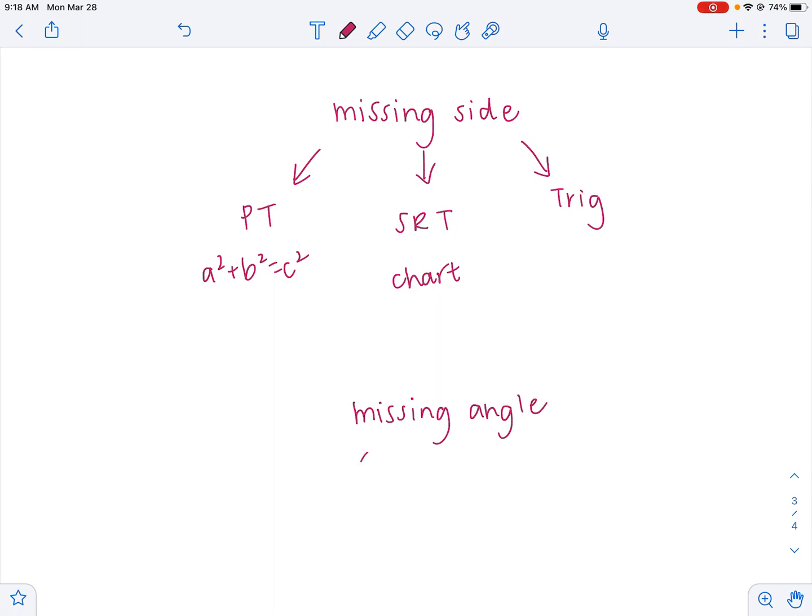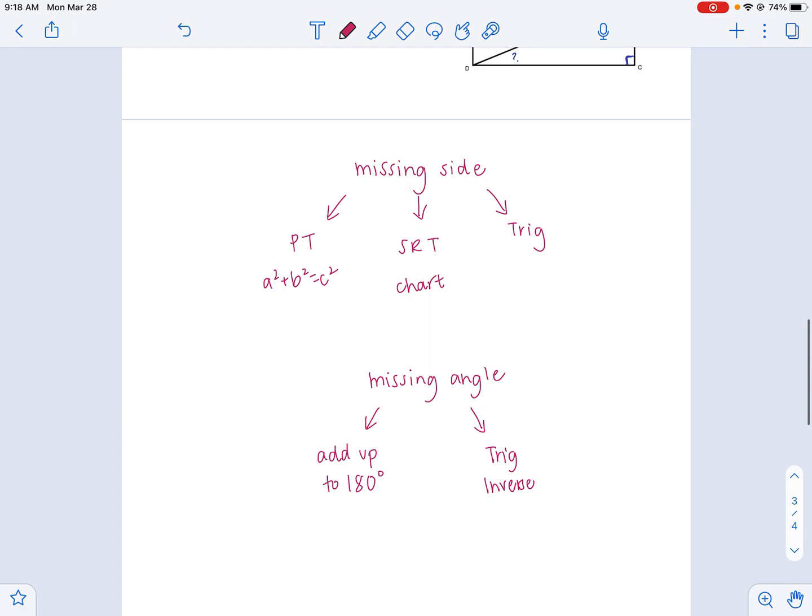If you're missing an angle, on the other hand, you only have two options. They're either going to add up to 180, which means that you need a few angles to do that, or it's going to be a trig inverse problem, which means you're going backwards on your chart. So keep all those tools in mind as you're working on your practice, and most of those problems